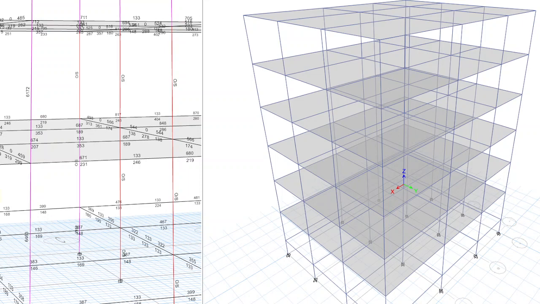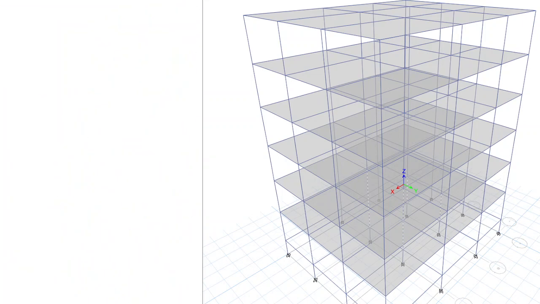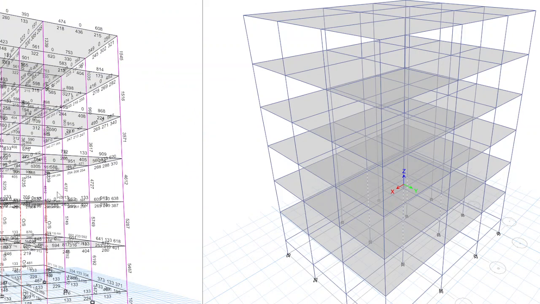I have designed all the members, not only one. I'm just telling you which will be the critical one. This middle one is the critical one. Since it is failing, you can increase this column size. For these internal columns, instead of 200 by 600, you can change it to 300 by 600.